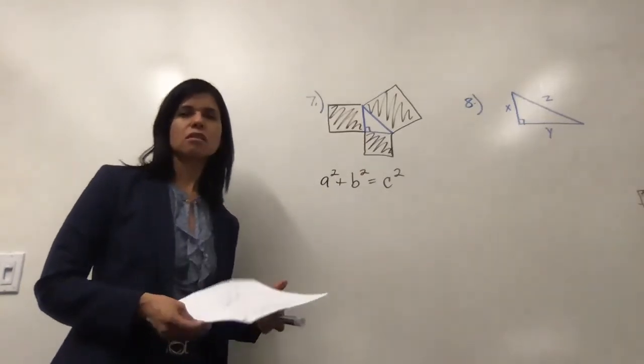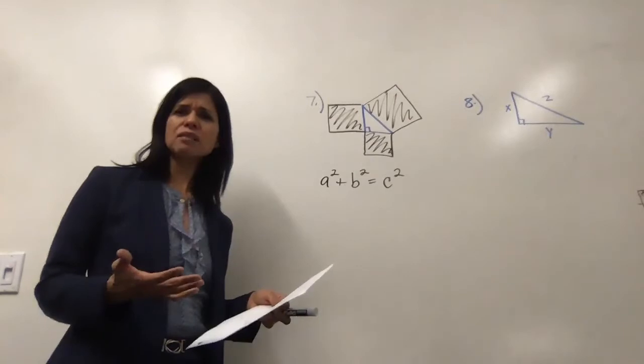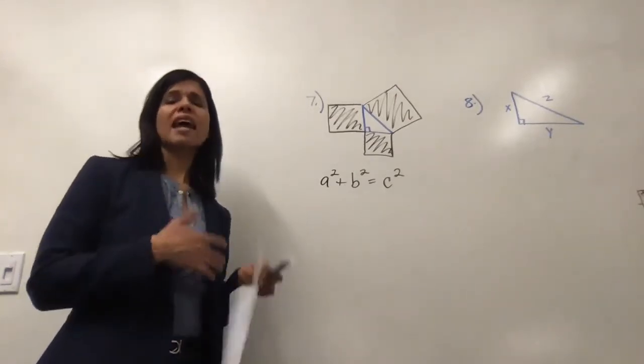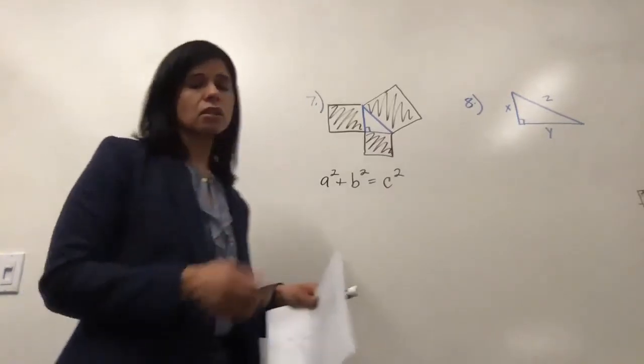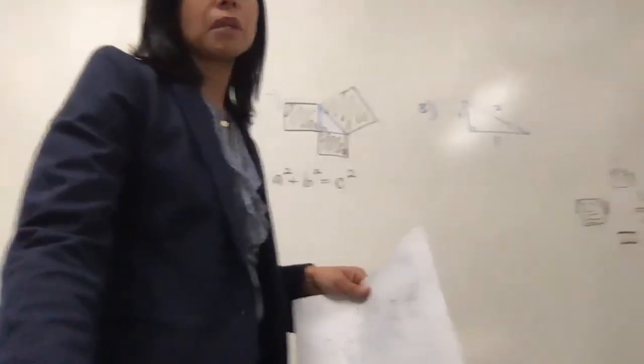So it's a good foundation for you to understand it a little bit more, and it's a good way to explain visually what it means. Right? So let's go to our last problem, and our last problem is number